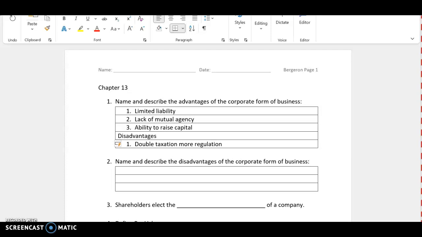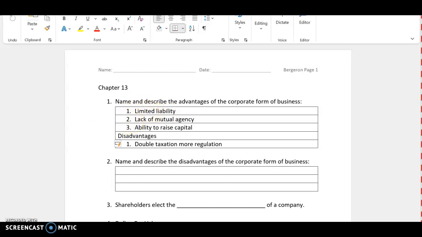Okay, let's talk about the advantages and disadvantages of a corporation. Some of the main advantages is limited liability. So this means that if you invest in the corporation and you're a shareholder, you're not going to be liable for the things that a corporation does. All you can do is lose your initial investment. And if the corporation goes bankrupt, they can't come after the personal assets of the owners for those funds. So limited liability is a good thing.